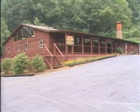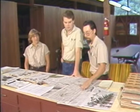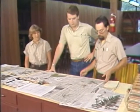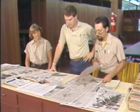This is the recently dedicated Hickory Nut Gorge Field Station at Chimney Rock. The station is the base of operations for a unique project involving, among others, UNC Charlotte students Barbara Post and John Soule. We have to dry these to preserve them, and the paper helps to soak up some of the